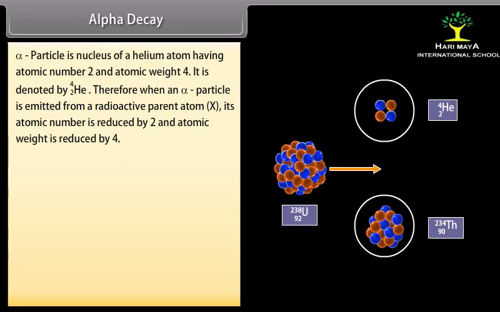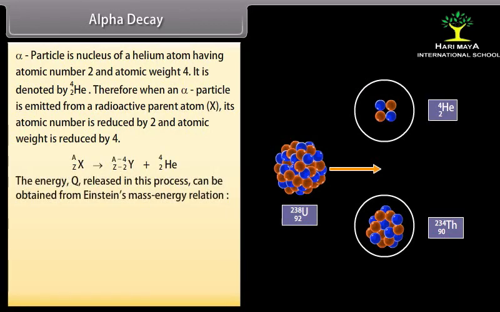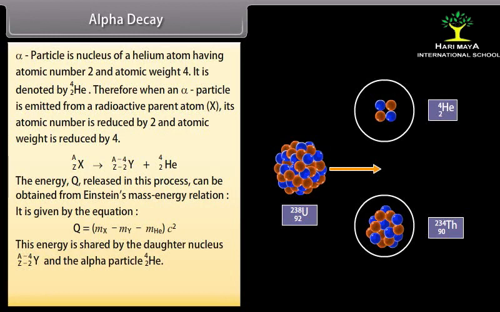It can be demonstrated as follows. The energy Q released in this process can be obtained from Einstein's mass-energy relation. It is given by the equation Q is equal to (mX minus mY minus mHe) c². This energy is shared by the daughter nucleus and the alpha particle. For example,